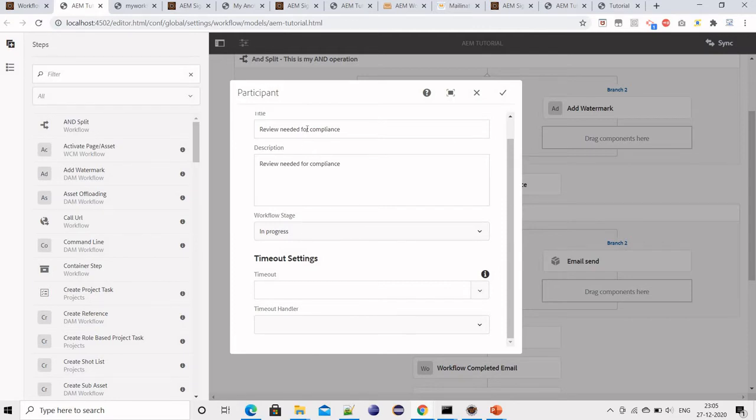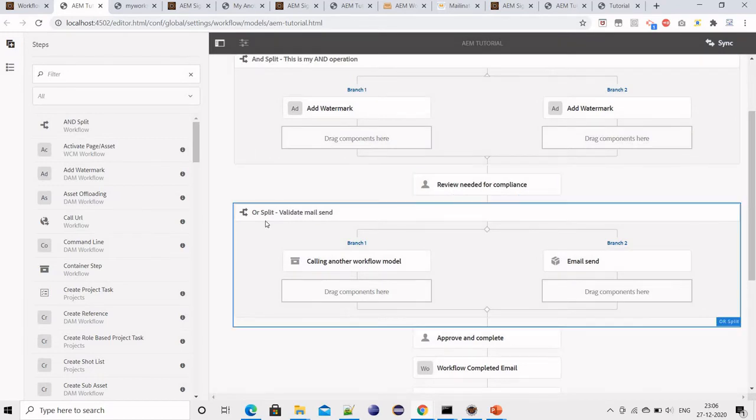Okay, there are settings available, timeouts, etc., which we can set while we add this part. For example, if the control is with the participant, who should either approve or reject it, I can also specify the timeout setting, so that I can configure whether it should either complete or reject.